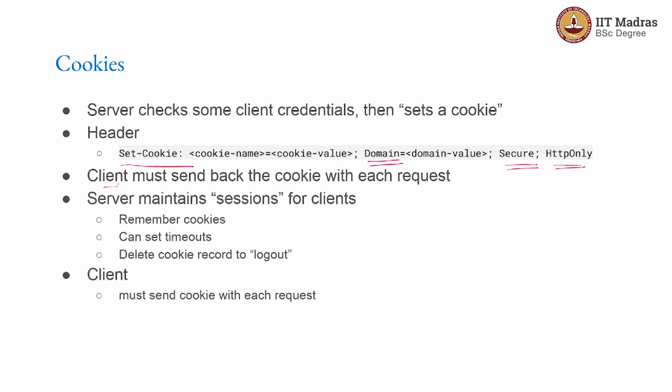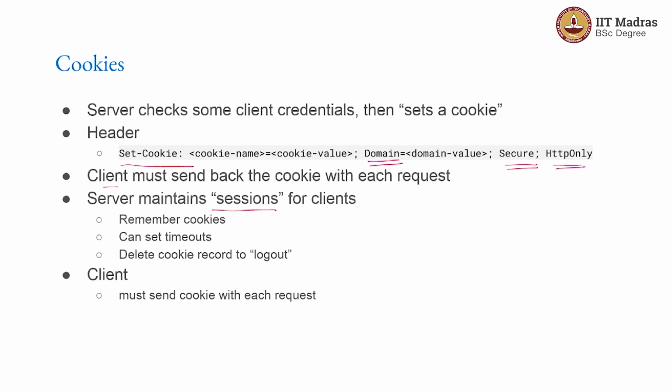Okay. Now, by looking at these cookies, the server can maintain sessions for clients. Right? It basically says, okay, I've got this cookie from the client. I last saw that client so such and such time ago. This is what they were doing. This is the page they were looking at. Right? Send back something corresponding to that. Next time a request comes, once again the cookie is there. The server has this information that this is what it sent last to the client,